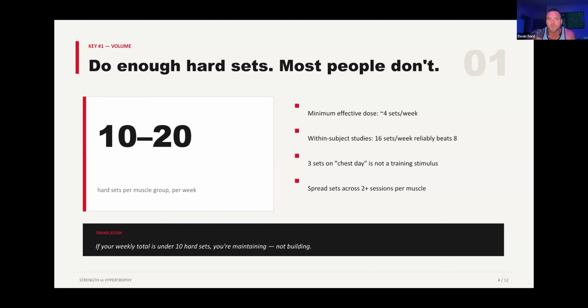What you found, or we found, is that at least 10 sets is required, but more sets is always, always